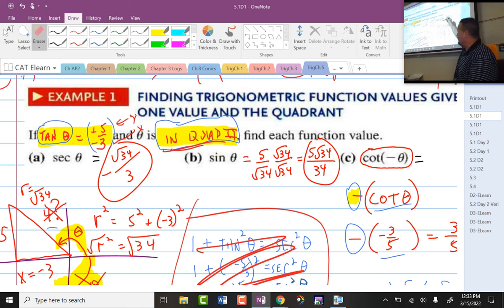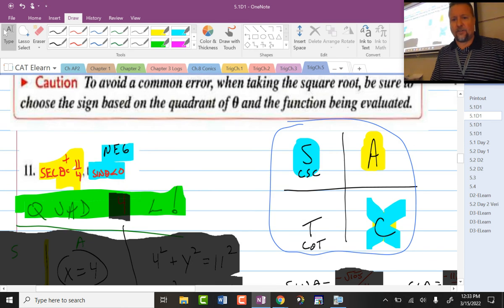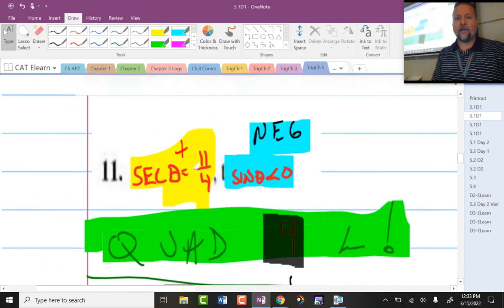Tan of theta is negative 5 over 3. So cotan is negative 3 over 5, but now it's the opposite because of that identity. And they do have a lot of questions that are annoying like that in the book, but it really makes you exercise those identities. So I really think this is what we should do. And then this one,